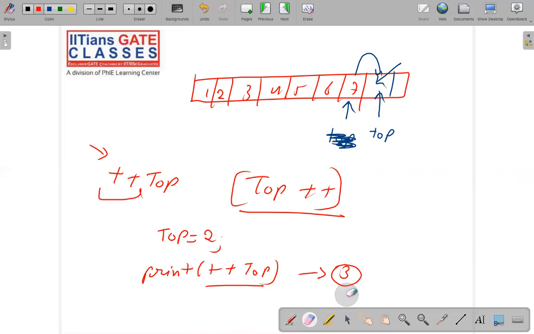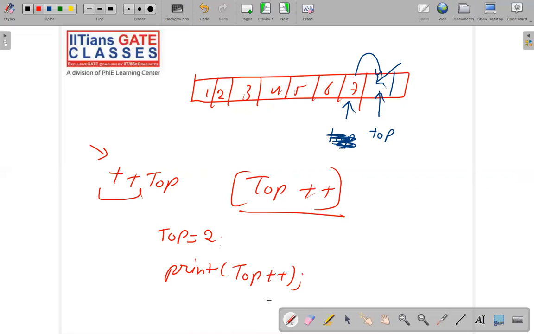But if you print top plus plus, it will print 2 only. But after this line gets executed, it will assign the value 3 to top. So for example, after this line, if you try to print top,